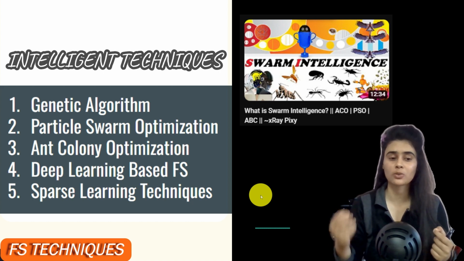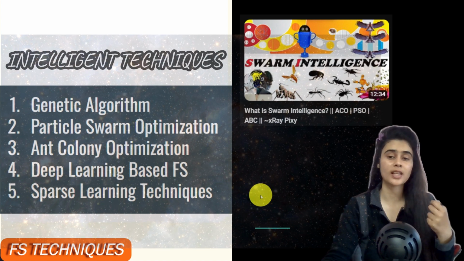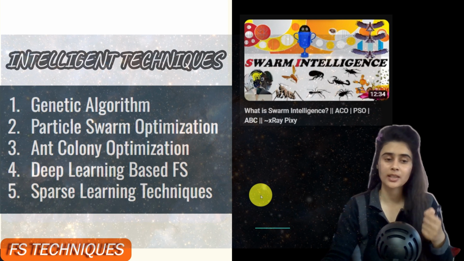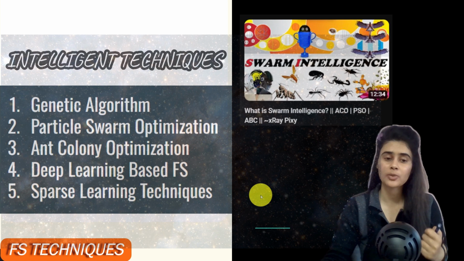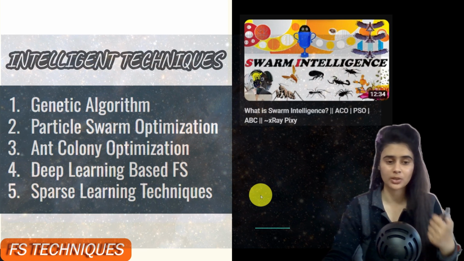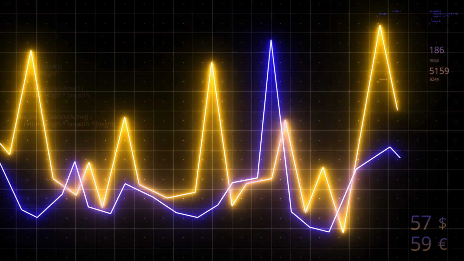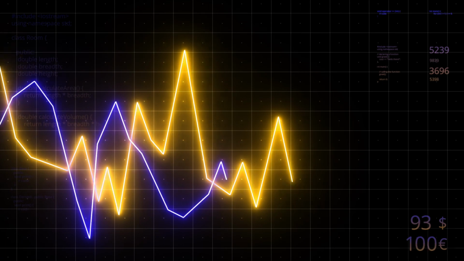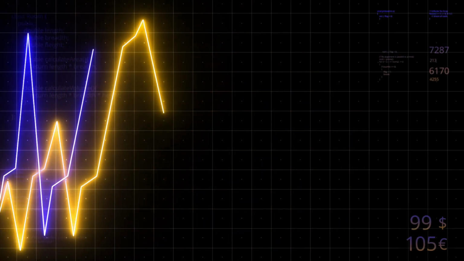They are also known as swarm intelligence. Either we can use particle swarm optimization. For example, you can see we have particle swarm optimization, genetic algorithm, and ant colony optimization. Like that, we have a number of swarm intelligence techniques that we can use for the feature selection. And the advantage of using modern feature selection techniques is they can perform better than the traditional methods, and they can also deal with the large dataset.